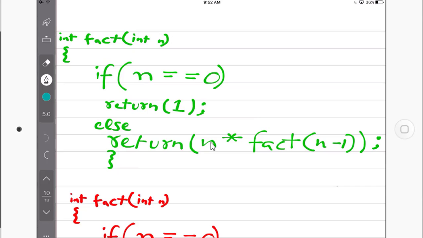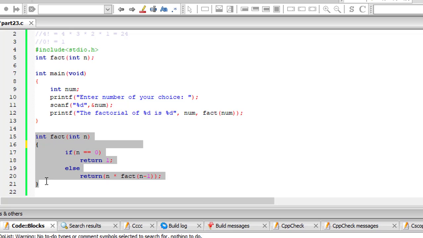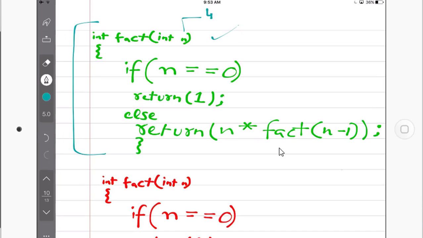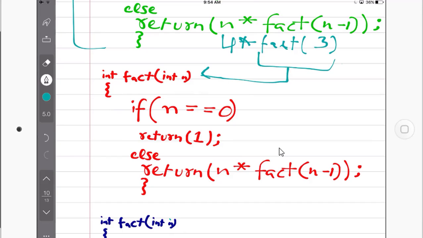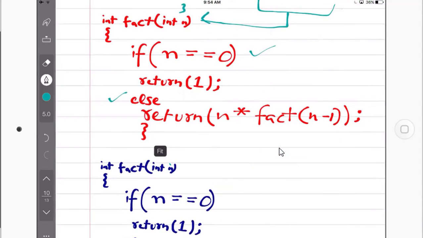So as you can see, this function written in green is the same function which is here, right? So here the fact num was fact 4, right? So let's start with 4, and here is 4, right? Now what happens is, if n equal to 0, no, else return n, which is 4 into fact n minus 1, which is fact 3, right? So what is happening is, we are calling the same function again. For that I have written the same code again. Now n here is 3, right? This if will not work, and the control will go to the else part, and here n is 3 into fact